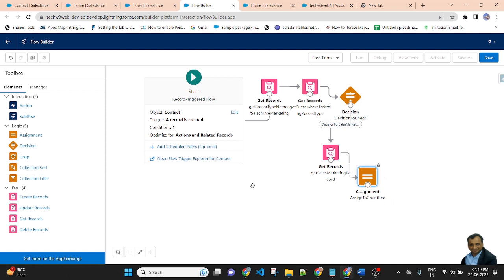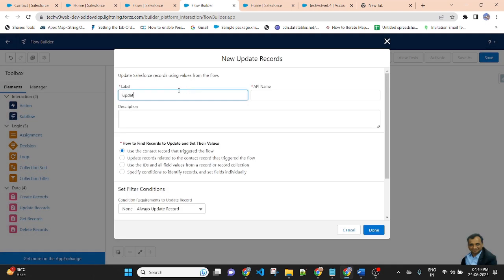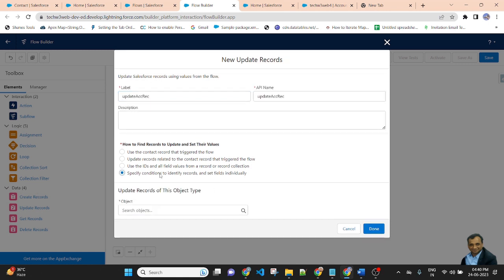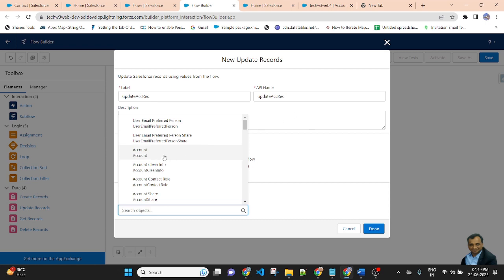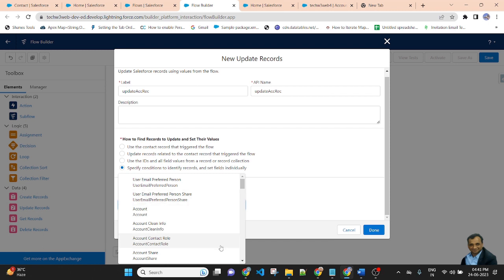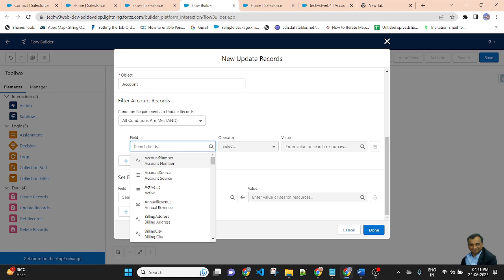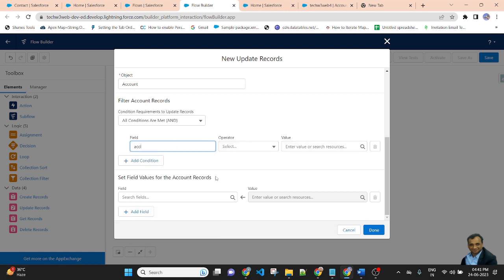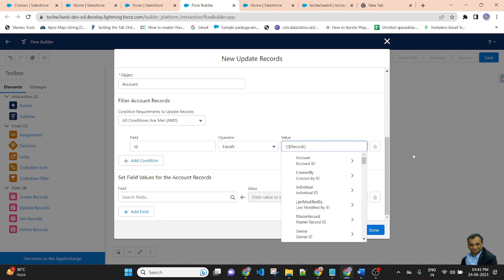After that, we need to update the account record. So select update record, update account record, specify condition, identify record, select this, specify condition, object name will be account, and here we will match the account ID: account ID equal to record dot account ID.